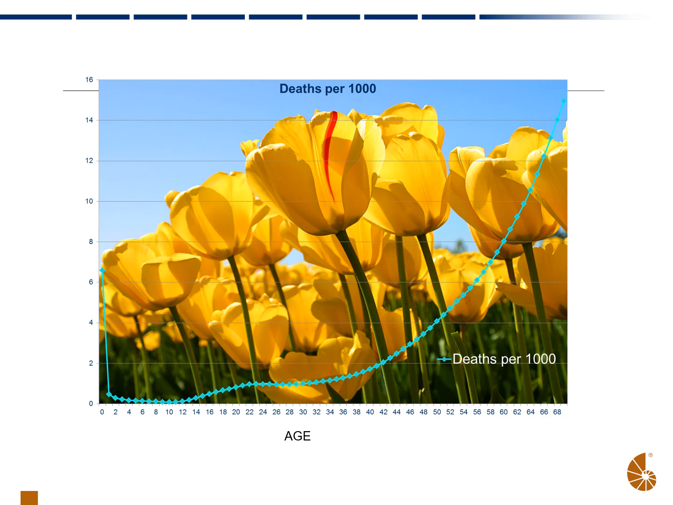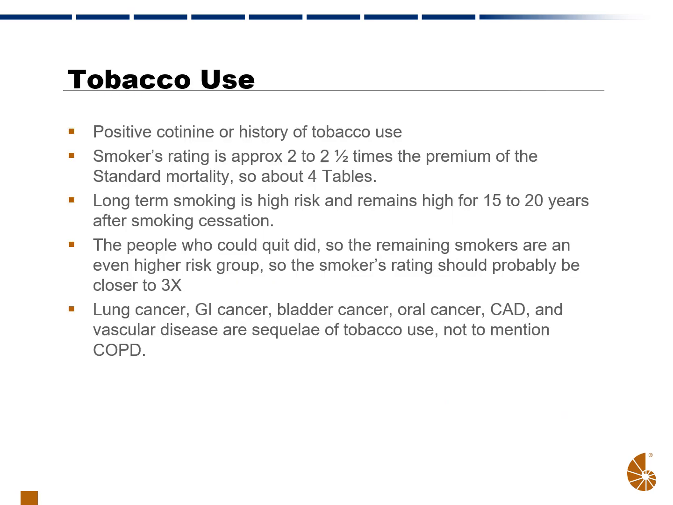So our graph again showing how the deaths per 1,000 stack out. I just wanted to mention as a final slide in this first video how tobacco use adversely affects mortality risk. So positive cotinine, or a history of tobacco use, is definitely a negative. Most companies rate like 2 to 2.5 times the standard mortality, so 4+ tables due to the smoking